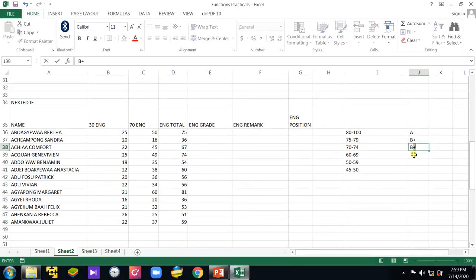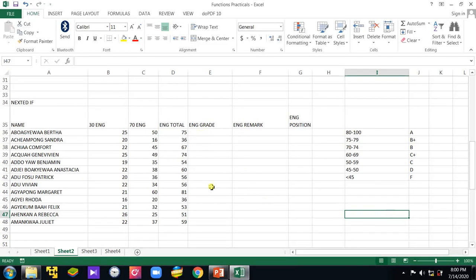So I will be saying B, C plus, okay, C, then let's say D here, and then anybody who gets below 75 should get, below 45 should get, let's say, F. Okay,